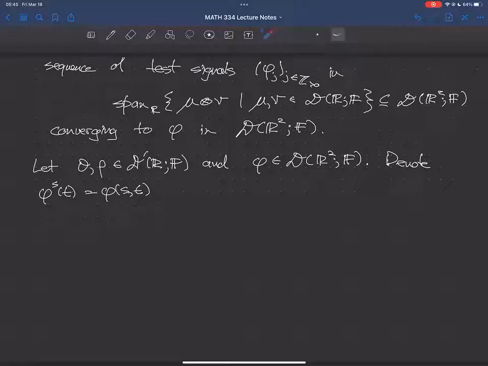The point is that when I fix s, phi_s becomes a test signal in the single variable t. One can show, and again, it's not super hard, I don't want to make it sound like these are incredibly deep results, but they're definitely not obvious, that